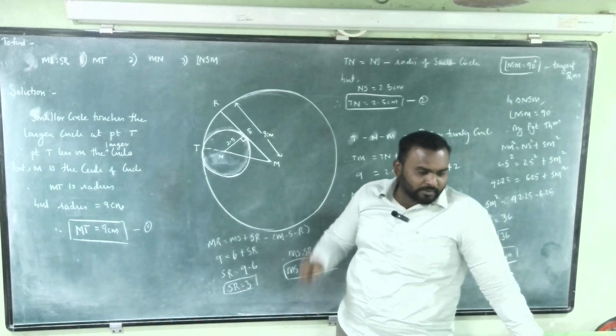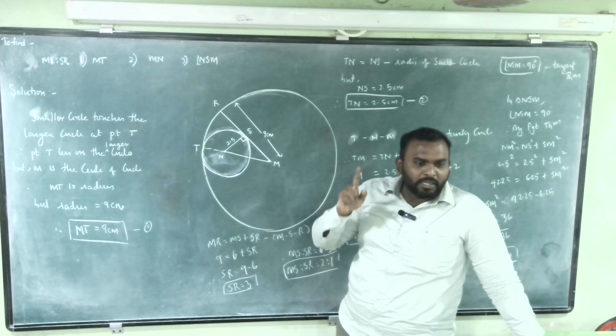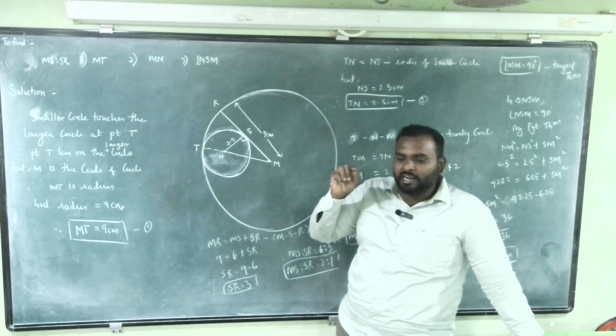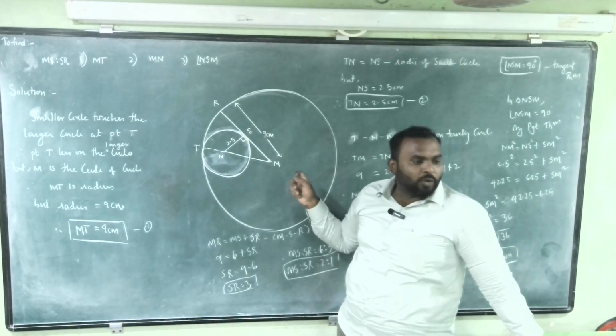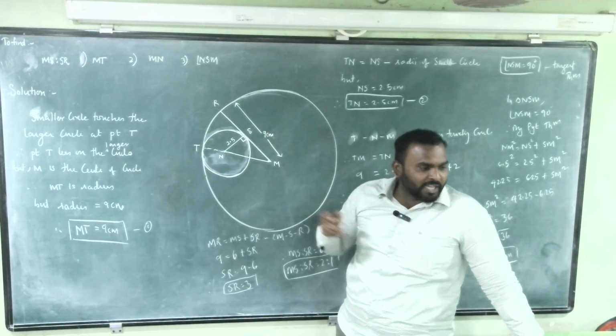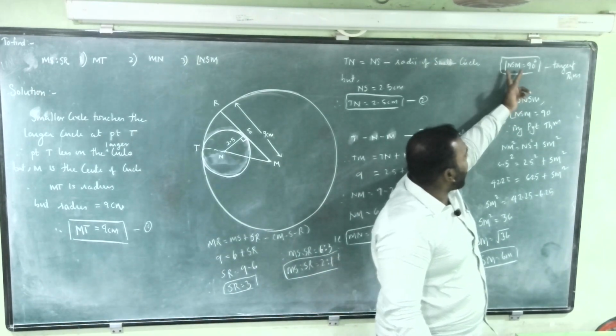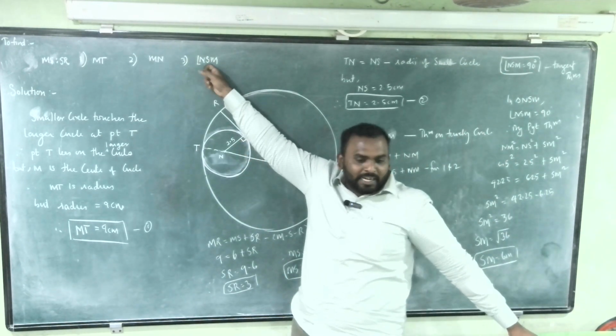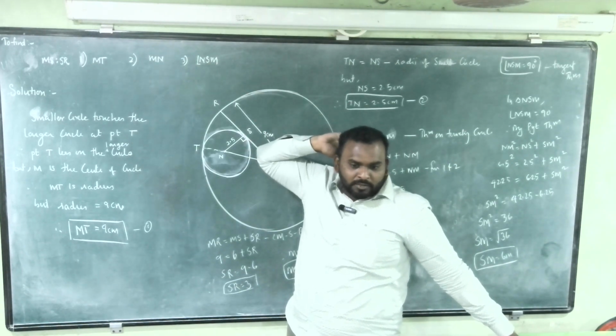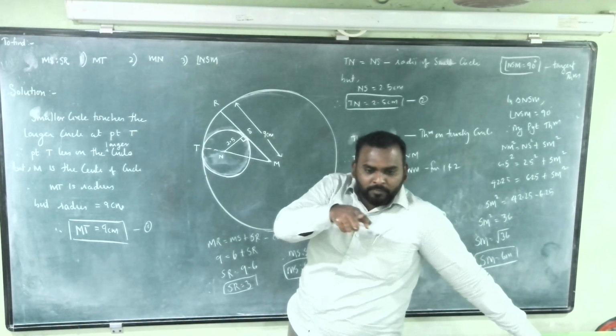Tangent theorem says that the tangent drawn at any point on the circle is perpendicular to the radius, that means NS is perpendicular to RM. So angle NSM क्या हो जाएगा, 90 डिग्री। इसलिए मैंने यहाँ पे लिखा है angle NSM 90 डिग्री by tangent theorem, समझा। तो मुझे एंगल NSM भी मिल गया, तीनों मिला, समझा। तेरे को समझ में आ रहा है।